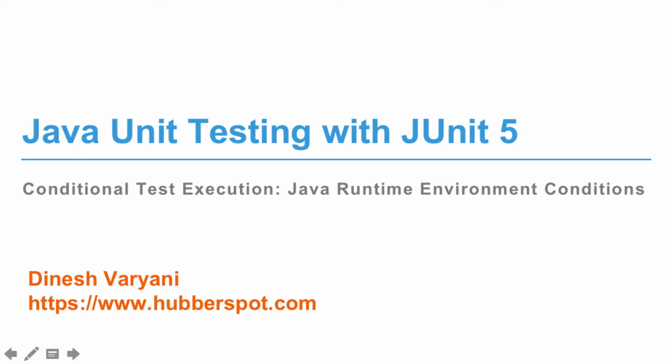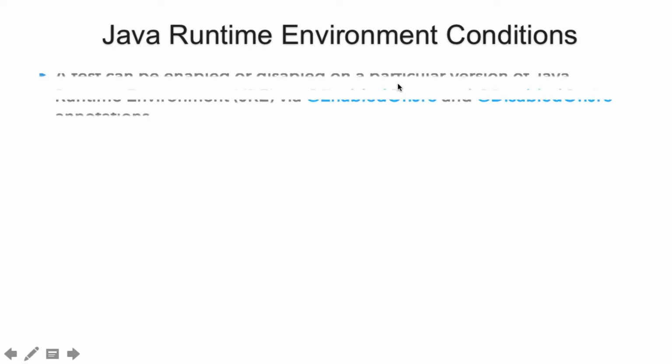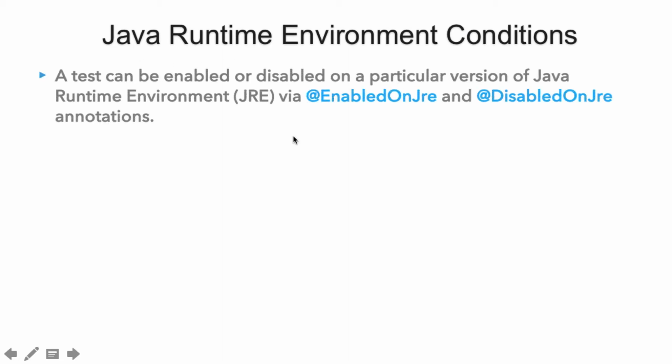Hi everyone. So let's continue to discuss conditional test execution in JUnit 5, and in this lecture we will discuss how we can enable or disable a test based on the Java runtime environment. So friends, what are Java runtime environment conditions? In JUnit 5, a test can be enabled or disabled on a particular version of the Java runtime environment, which is our JRE, via these two annotations: